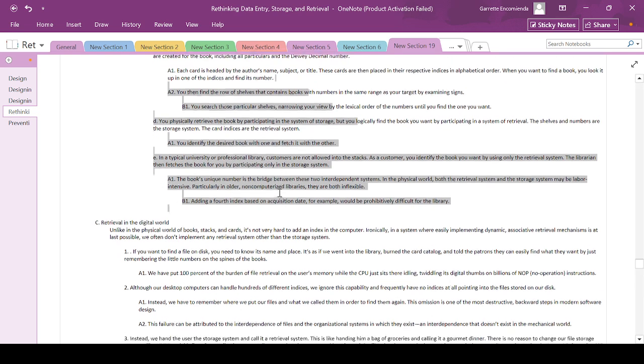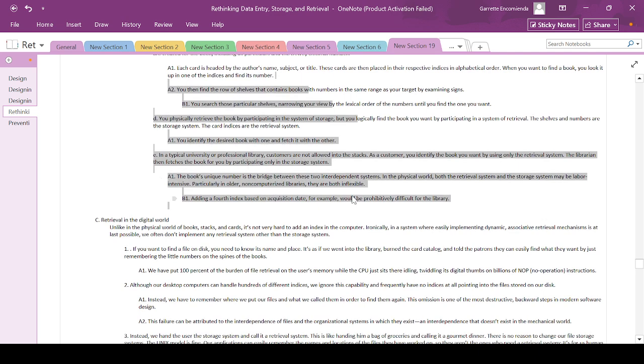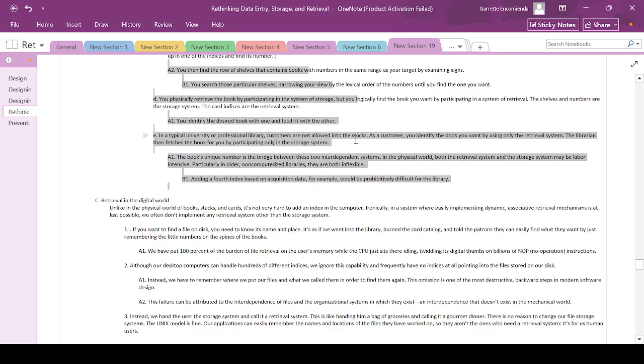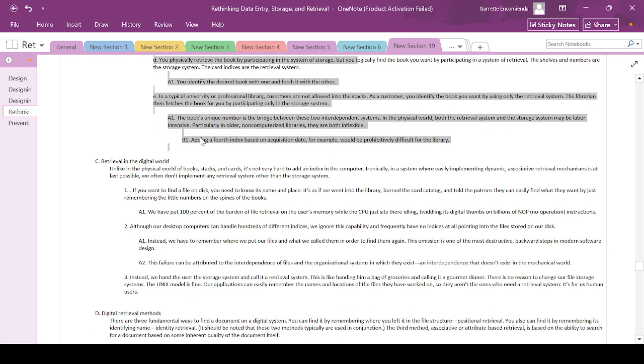In a typical university or professional library, customers are not allowed into the stacks. As a customer, you identify the book you want by using only the retrieval system. So you're not actually allowed to go inside to find the book. The librarian then fetches the book for you by participating only in the storage system. So the book's unique number is the bridge between these two